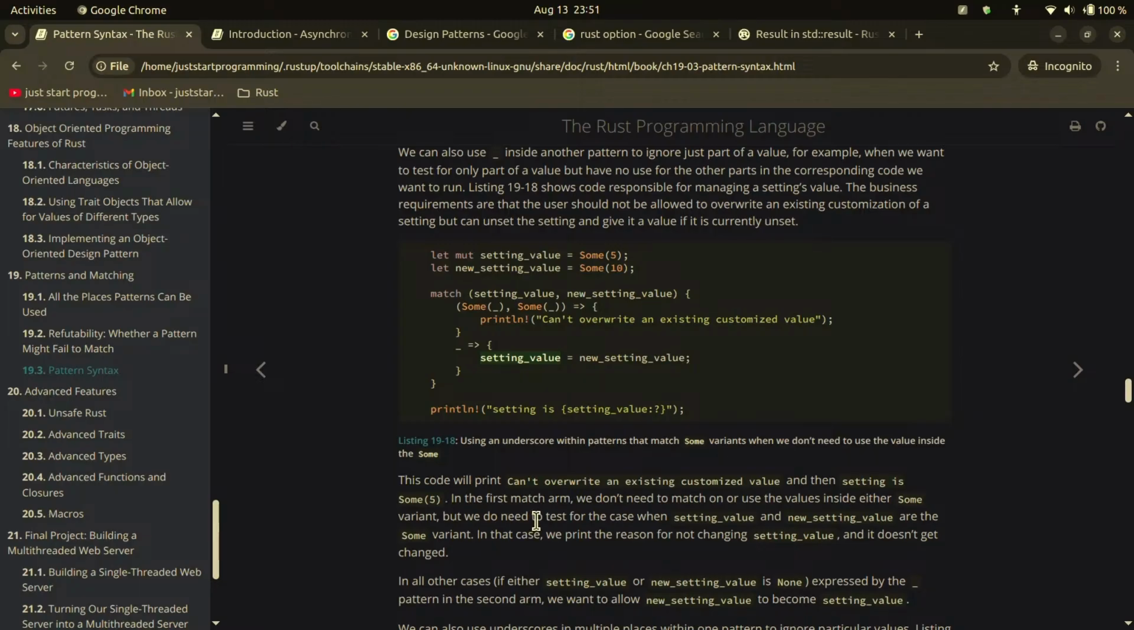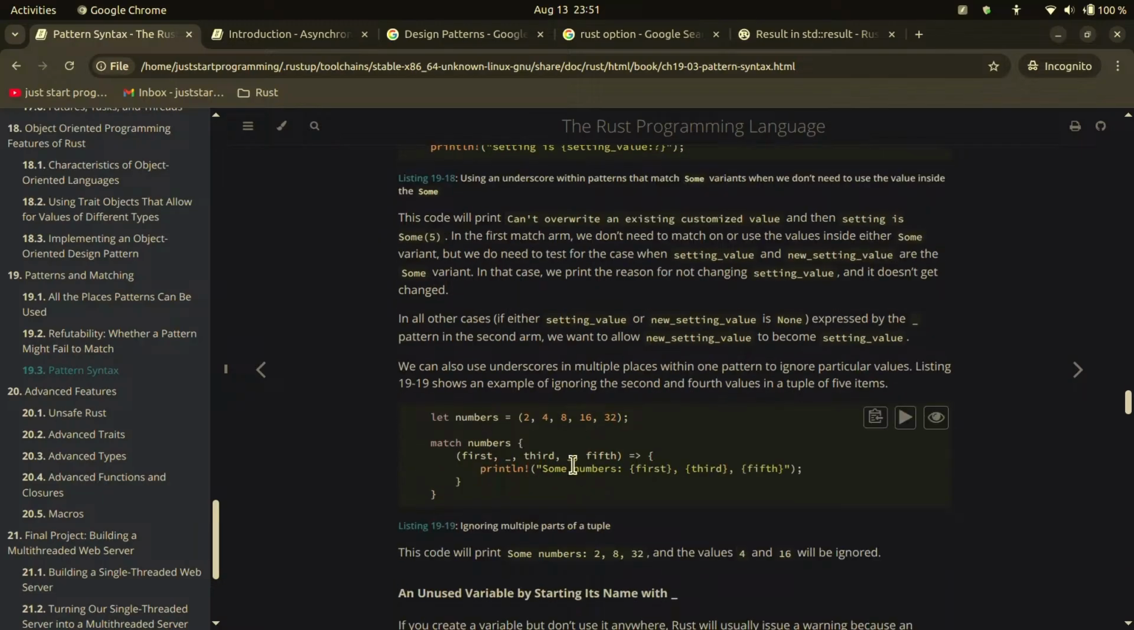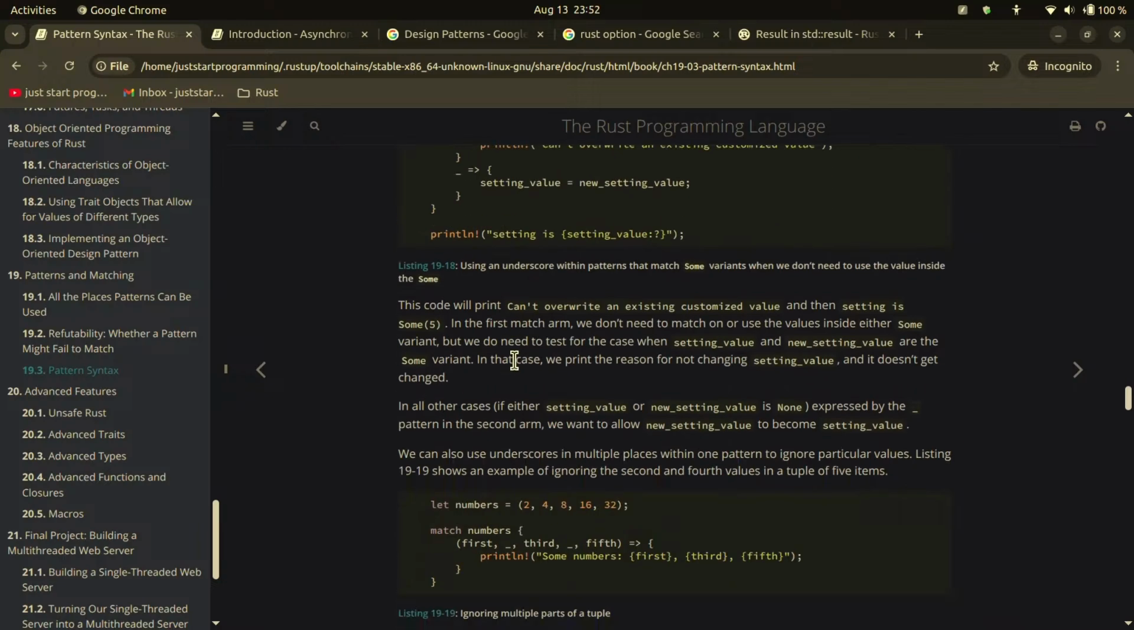In the first match arm, we don't need to match on or use the values inside either sum variant, but we do need to test for cases when setting value and new setting value are sum variant. In that case, we print the reason for not changing setting value and it doesn't get changed. In other cases, if either setting value or new setting value is none, expressed by the pattern in the second arm, okay,